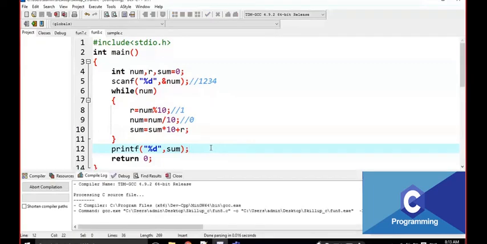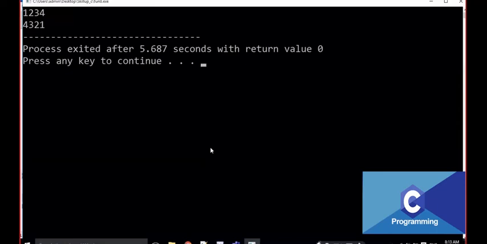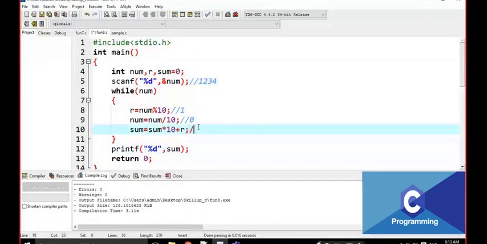Now I am going to execute it. I am giving the number 1234. The output is going to be 4321. Like this. What happens here? Every time it is going to be 4.